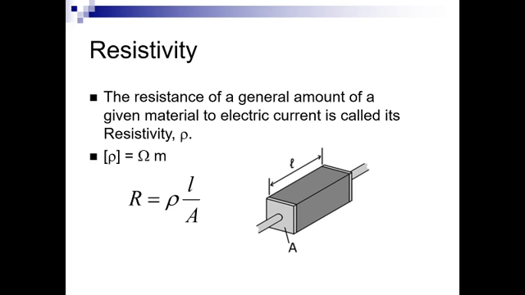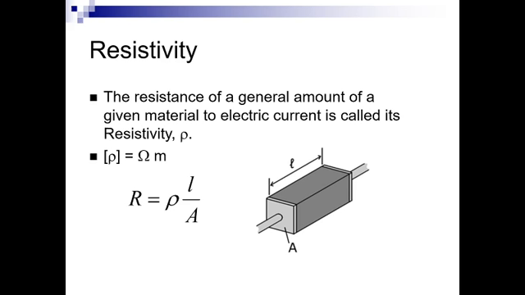The way I always think about that is if it's a bigger area, there are more paths. There's an easier way for the current to travel through. It's like a hallway. If the hallway is wider, it's going to be a lot easier to get a lot more traffic through there. In this case, that traffic being the current. So the resistance is the resistivity, which is just a property of the material, times the length of the material